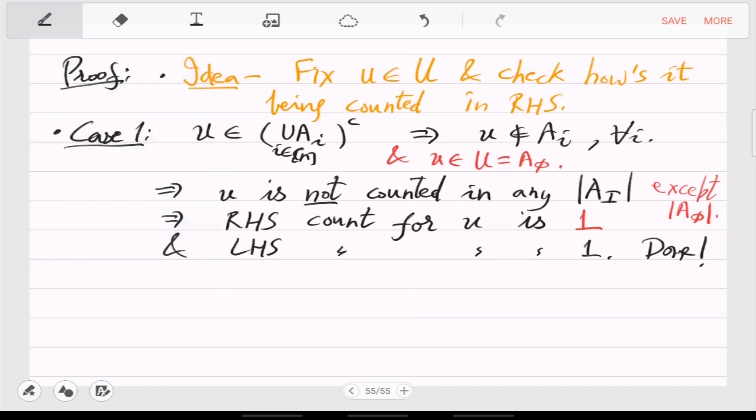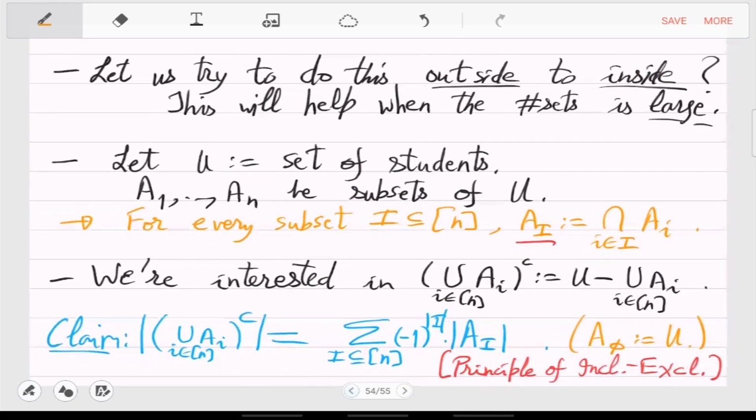Let's do case 2. So case 2 is much more interesting. U is not in the union complement, which means that it is in at least one A sub small I, and possibly it is in many. Right? It could also be in all of them. So this is the hard case, because